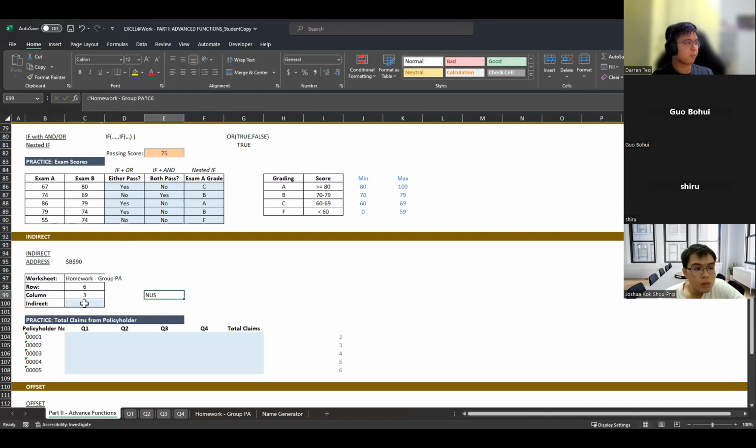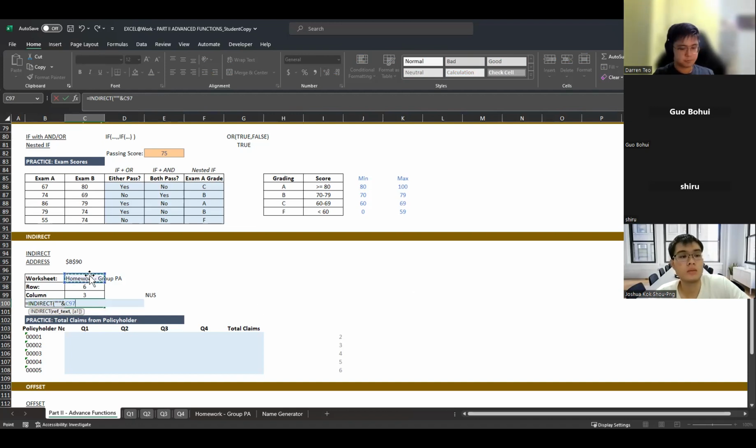Let me demonstrate. For INDIRECT, my reference text has to have a double quotation, then a single quotation, then a double quotation. Then I will put in this particular cell.